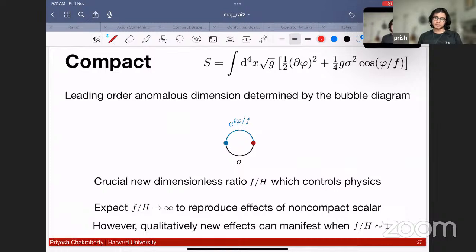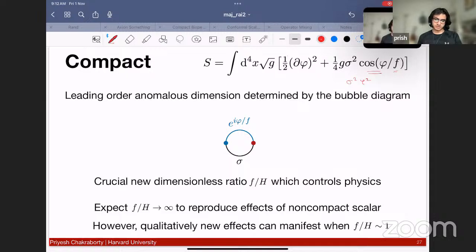So let's go to the compact scalar now. As I said, the compact scalar is gauge invariant, so you need to couple it to sigma using some gauge invariant operators. So we pick a cosine. This is why we had used the quartic vertex in the previous situation, because expanding this cosine out will at leading order give you something like sigma squared phi squared. Anyway, in this case, let's consider the full resummed potential, a full cosine. I found it useful to go back to the dimensionful axion over here. So f appears in this cosine. There's no f over here.